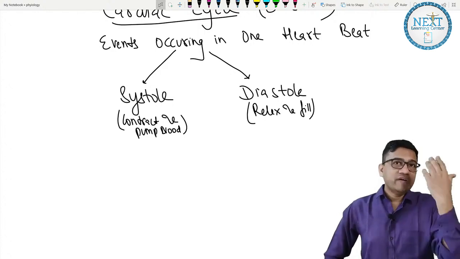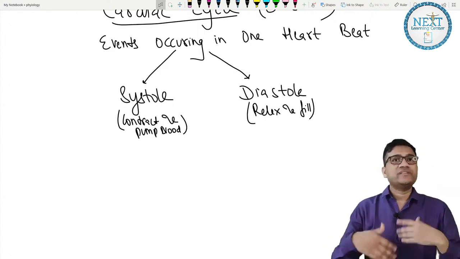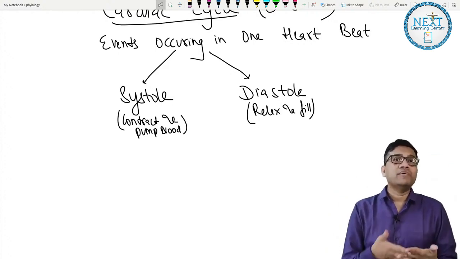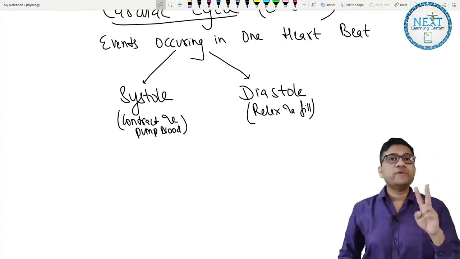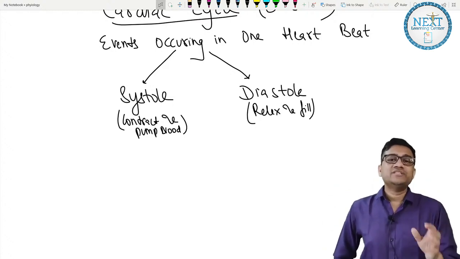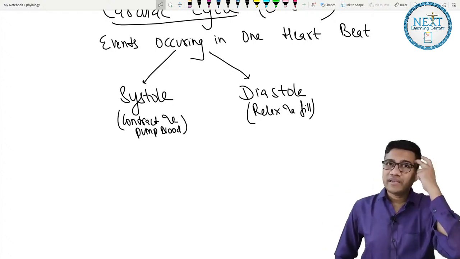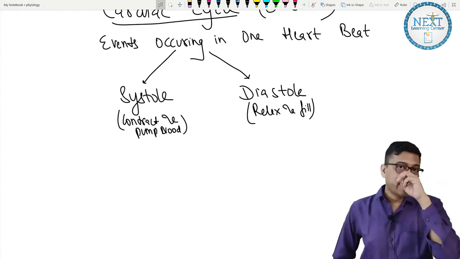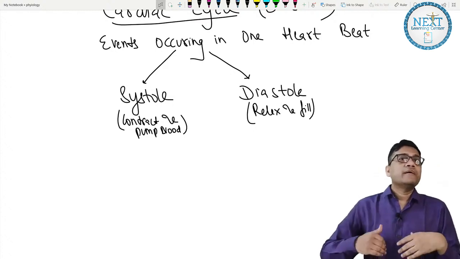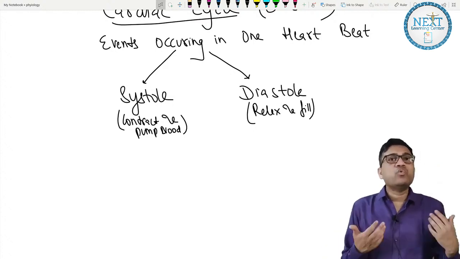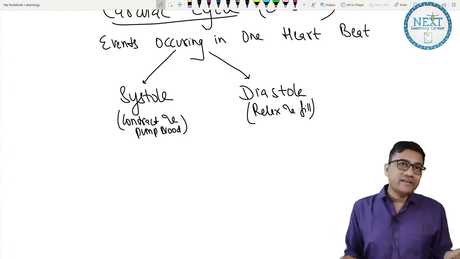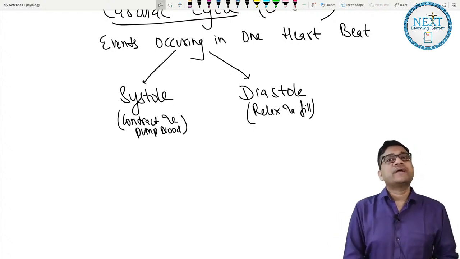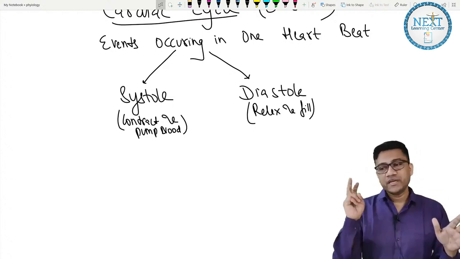Study is filling your brain with knowledge, and then you are giving the exam, you are giving output of the knowledge. So if a student is having a problem clearing the exam, there could be 2 reasons. One is he is not relaxing and filling the brain properly with the knowledge, that is a diastolic dysfunction. Or second, he is not able to solve the question, his own output is less. So he studies very much in a proper manner, lots of studies, but is not able to get proper output. So systolic dysfunction, diastolic dysfunction.